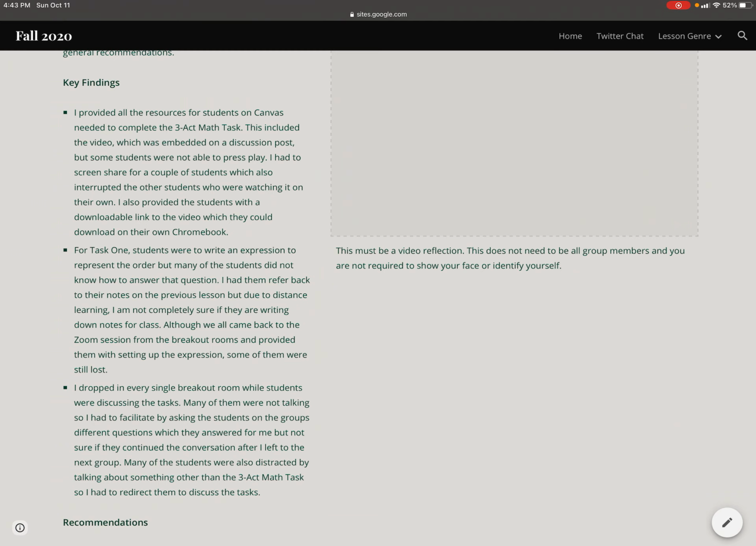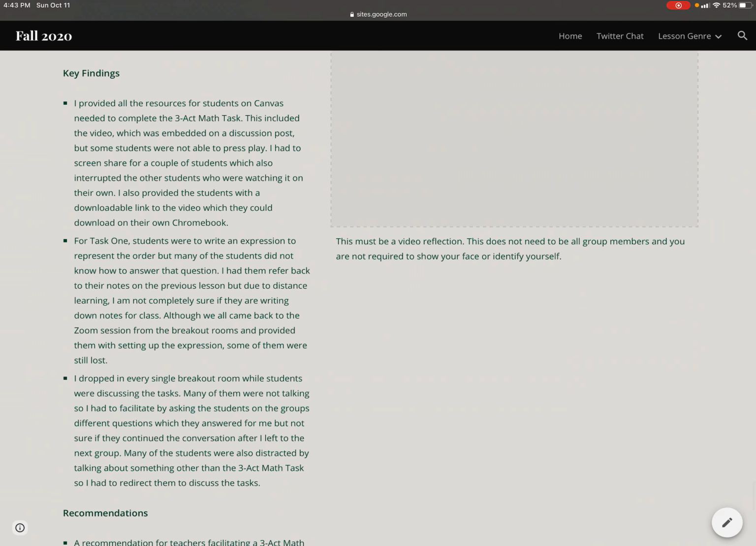Another key finding was that I dropped in on every single breakout room while students were discussing the tasks. Many of them were not talking, so I had to facilitate by asking students in the groups different questions, which they answered for me. They answered by unmuting themselves, but I was not sure if they continued the conversation among themselves after I left